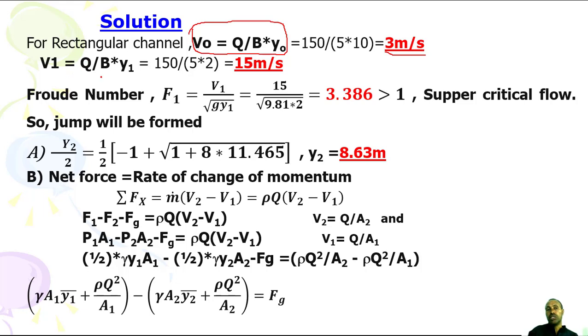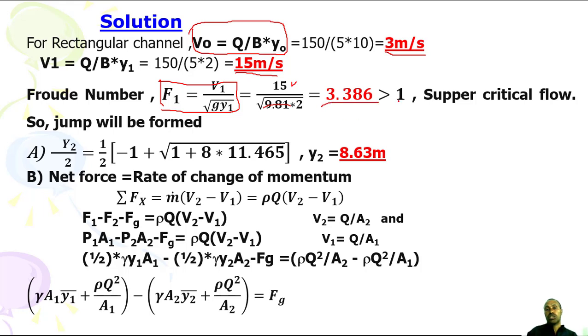Since Q is given, you have 150 divided by 5 times 2, which is 15 meter per second. So you can calculate the Froude number now. You can check whether the flow below the gate is subcritical or supercritical. V1 is already known, 15 divided by square root of 9.81 times 2,